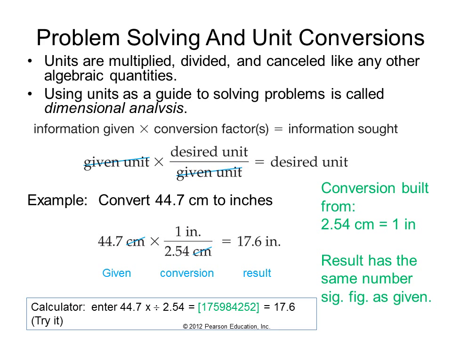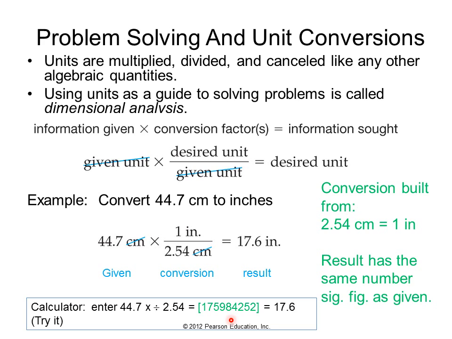For example, convert 44.7 centimeters to inches. We're given 44.7 centimeters, and we know from the conversion factors that 2.54 centimeters equals 1 inch exactly. So we will put the 2.54 centimeters down below in the denominator, so it will cancel this. The units will cancel, and we'll then put the 1 inch in the numerator, and we'll carry out this division. 44.7 divided by 2.54, and it will give us a number that will be showing down here. It's pretty many numbers. It's 17 point